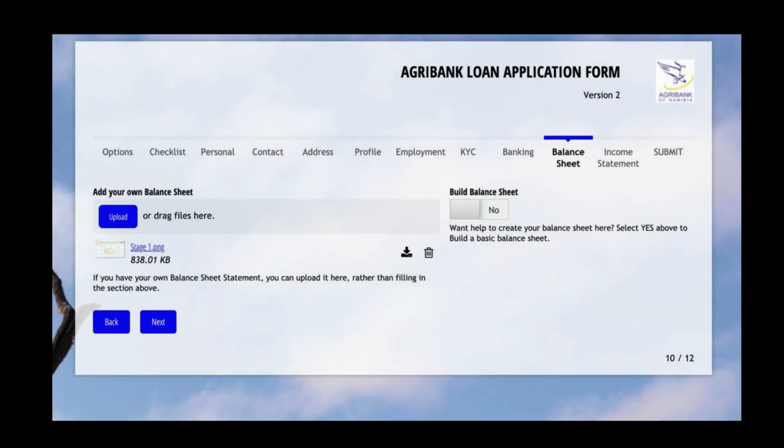Should your client be required to provide a balance sheet, they can simply upload their own balance sheet here, straightforward, and you can just click on it to open it up and review it. However, if your client does not have their own balance sheet and you want to assist them, they can use this form to build their own balance sheet by selecting yes, and by doing that